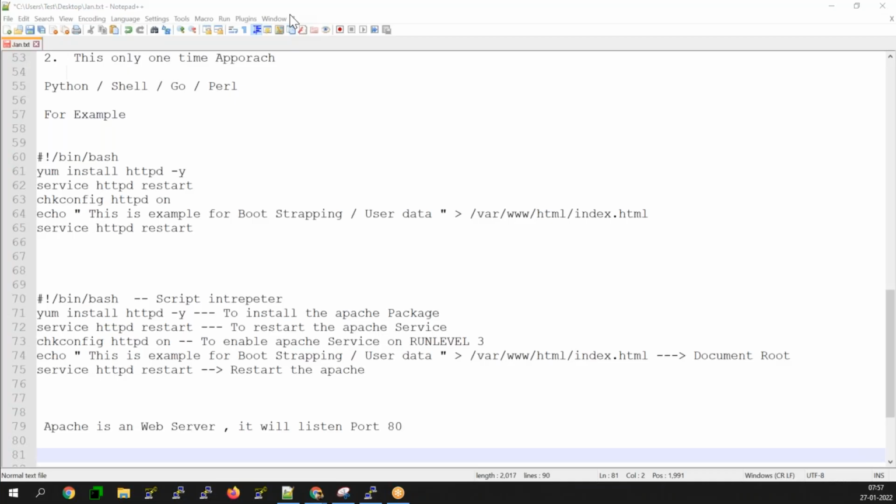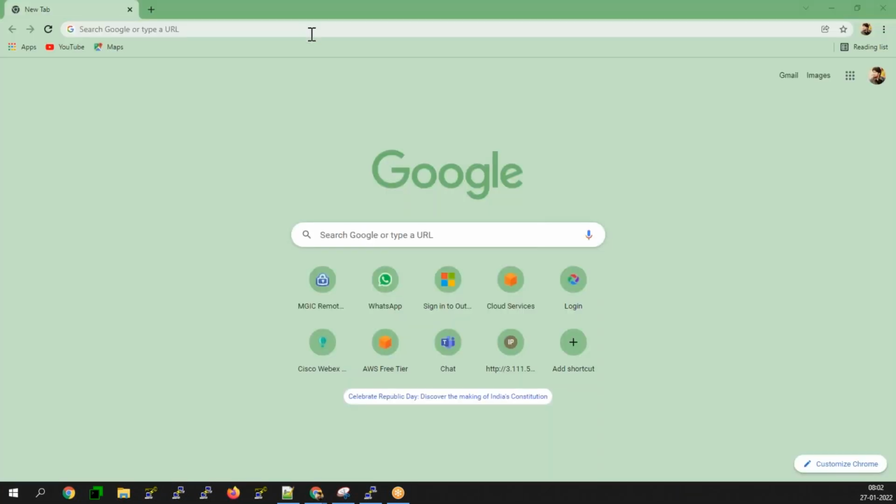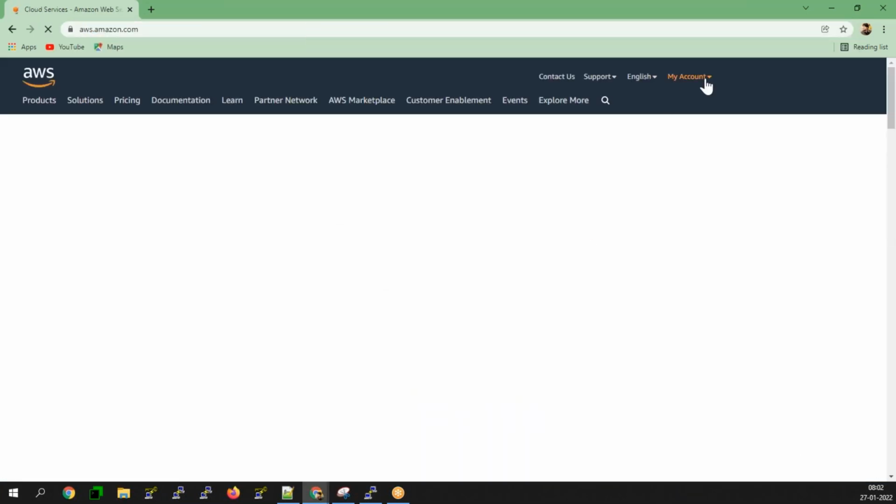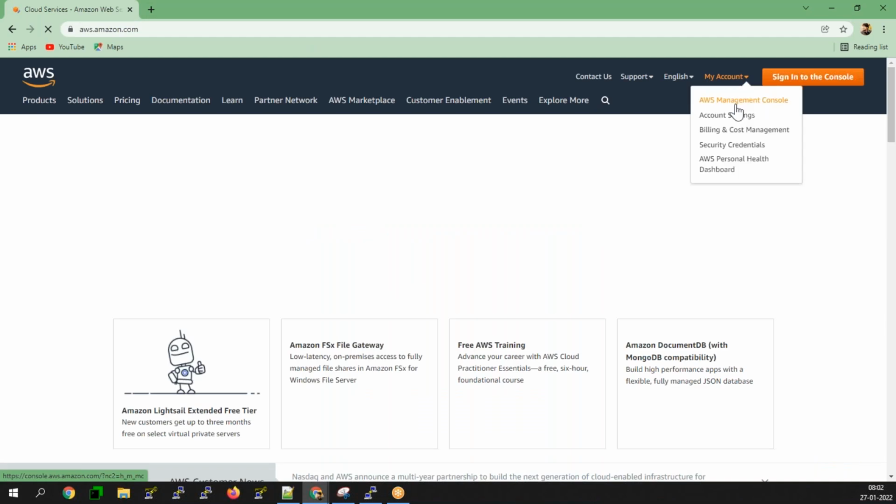Yesterday we discussed the concept of bootstrapping and user data, right? So you have written some script and did some automation here, and also you have the respective website which was installed completely on Apache here. Now today we'll continue with the next topic, which is nothing but